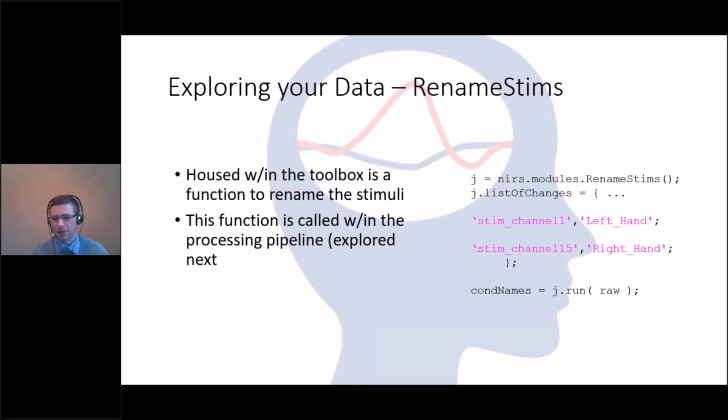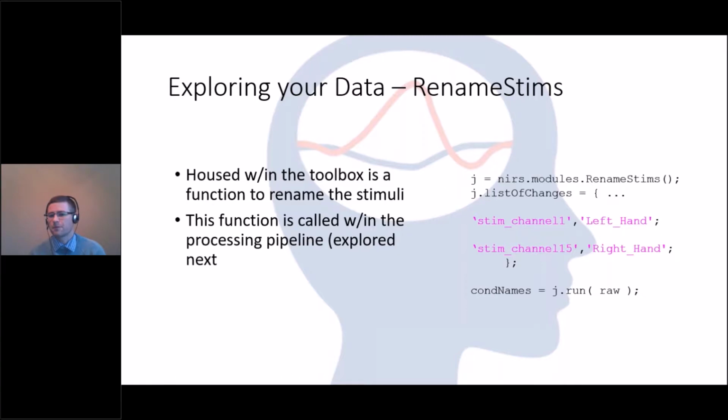If you want to call it job, if you want to call it whatever you want. Pipeline or something like that. But the default value in the toolbox is J, and just for that, I'm going to keep it as J during this entire talk. So this rename stems, if I were to open it, it actually has some commentary that